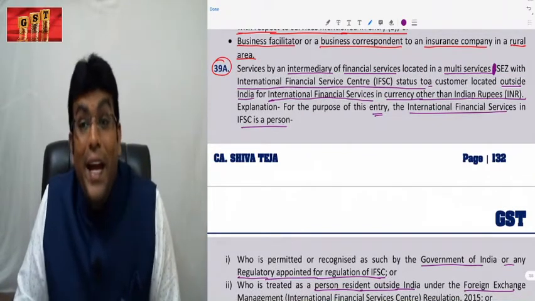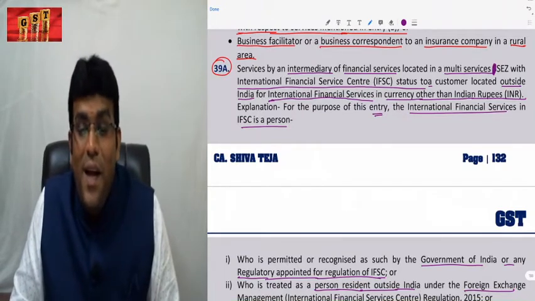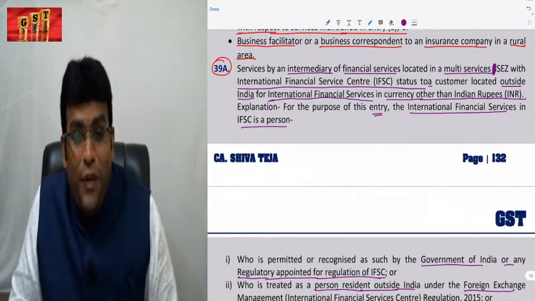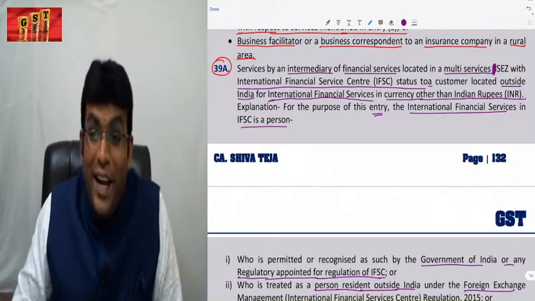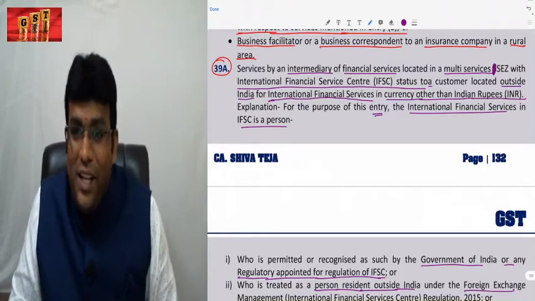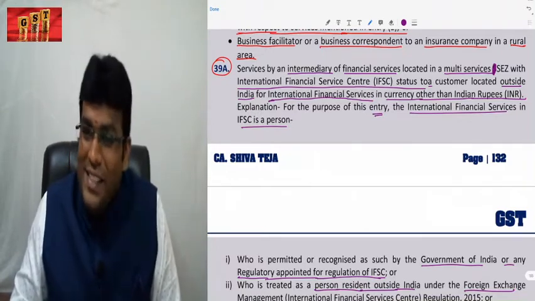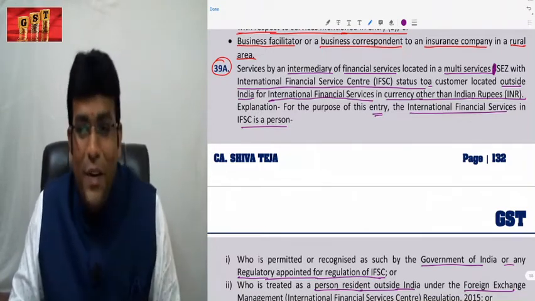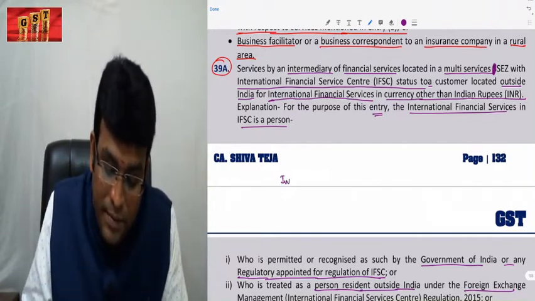Services given by an intermediary of financial services located in a multi-service SEZ with international financial service center status to a customer located outside India for international financial services in currency other than Indian rupees. That service is exempt. Clear, my dear friends? Speak out. So basically what is happening here is that